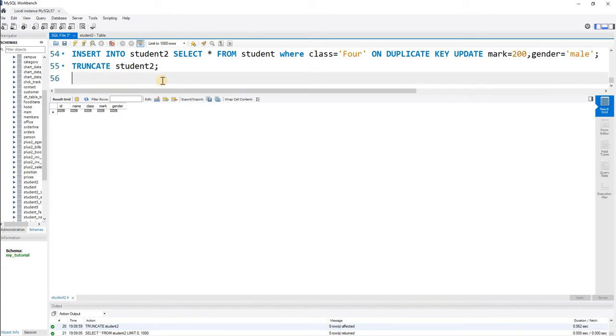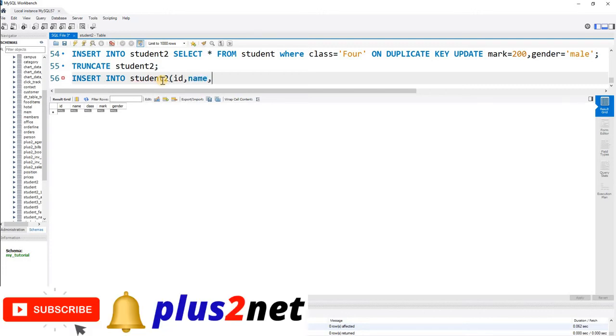Now what I am trying to do is I am giving again the insert command, insert into student 2. Now what I will select, ID, name, class and mark. Gender I have left intentionally.